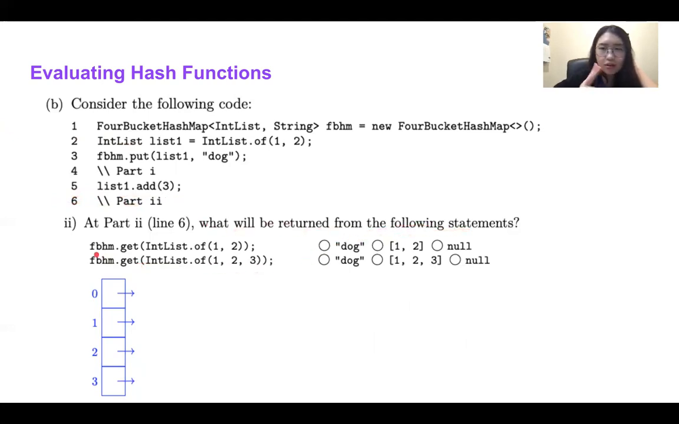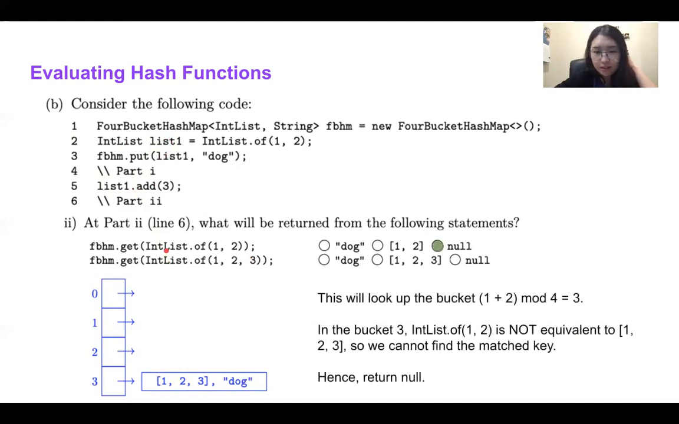So we're actually making 2 calls this time. Our 4 bucket hash map named FBHM get list of 1, 2 and FBHM get int list of 1, 2, 3. You can see that list 1 was actually edited with add 3. What's going to happen is that our keys haven't changed, so let's see what it really means. Let's only examine the first call. Even though we added 3 here, because you're making this call with only 1, 2,